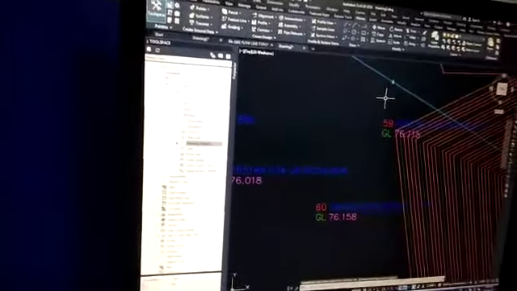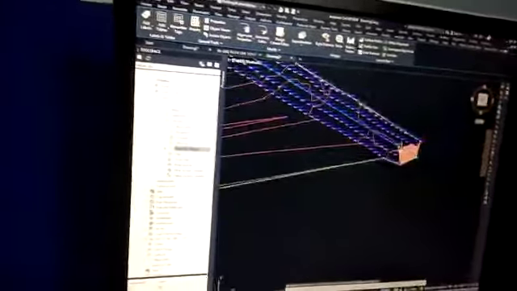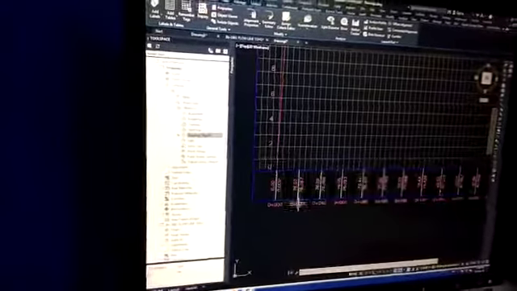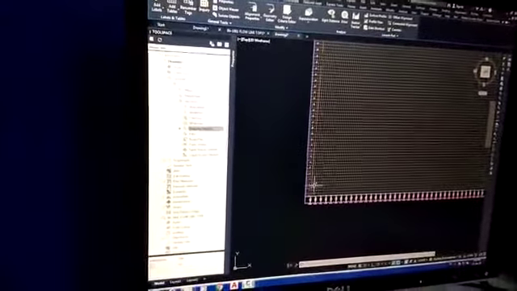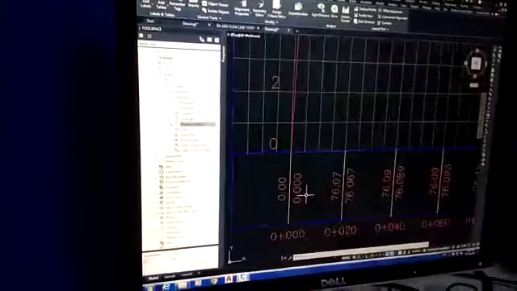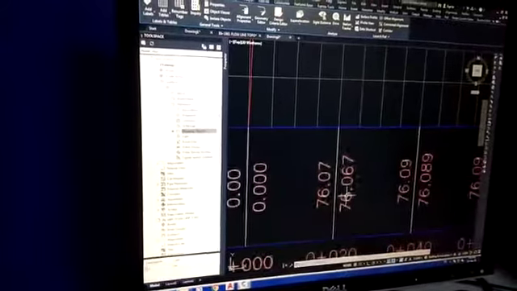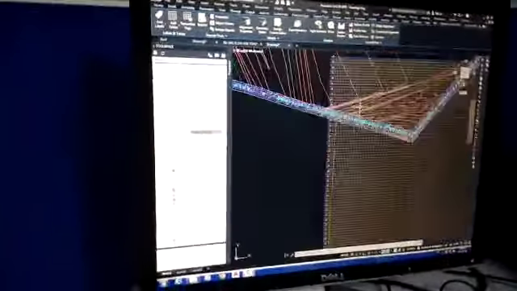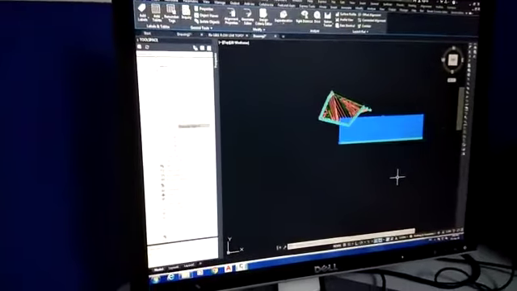The grade level is 76.115, and the starting point here it is 76.067. So it's correct.